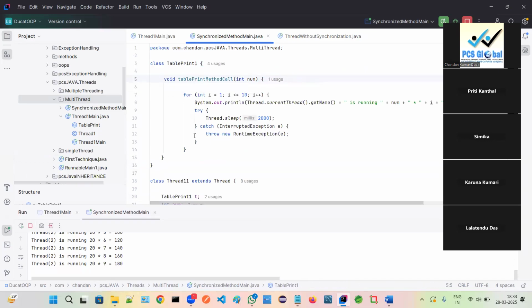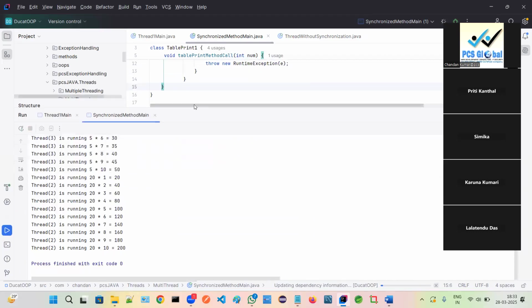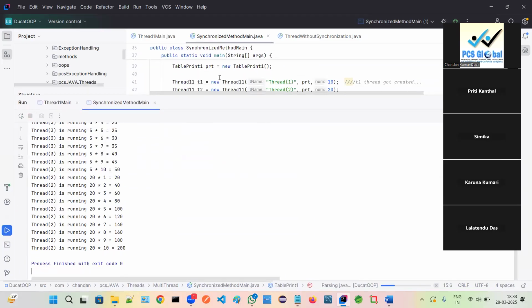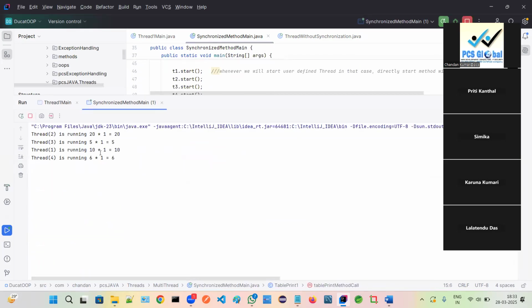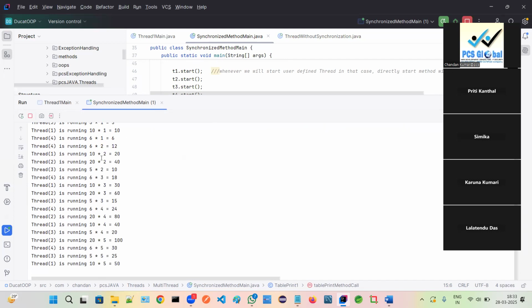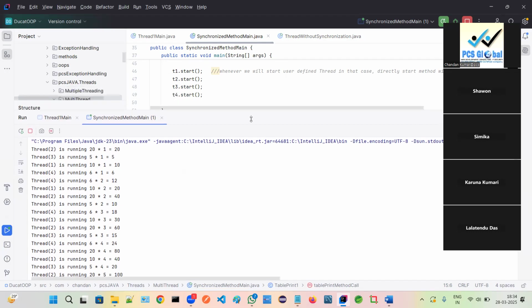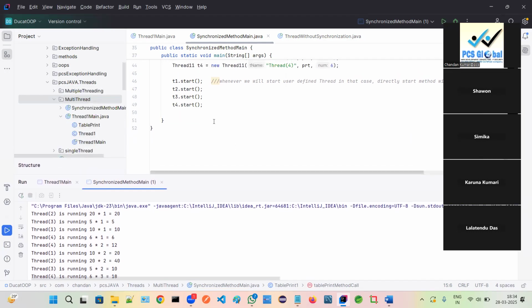Let me remove it. Before, I haven't made it synchronized. Now just see the output. Since multiple threads are running, thread 1 2 3 4, thread 1 2 3 4 are running, and in the output we can see thread 2, 20 into 1, thread 3, thread 1, thread 4, like this. The output is not printing the table in proper format. Why? Because multiple threads are executing at the same time and they are printing their own table. So to avoid this kind of data inconsistency, we are using a